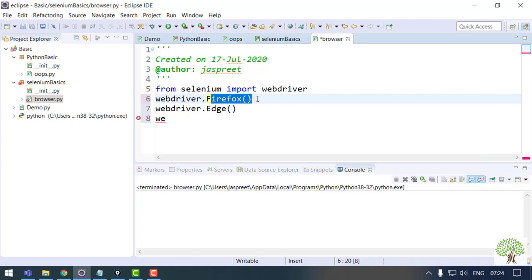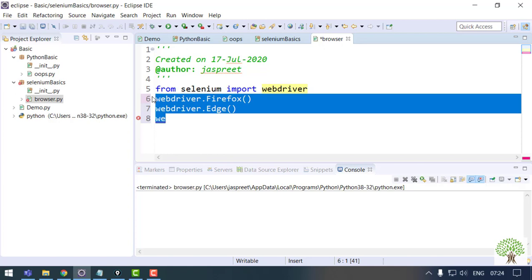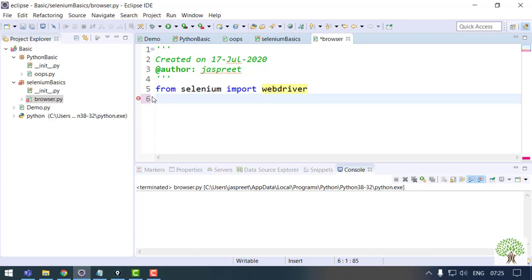In my system, I have already done those settings, so they are opening fine without giving any other parameter. But in your system, you have to get those requirements to open up, and those requirements are nothing but the exes which are going to help you to open the browser. Fine. So first of all, let's just talk about Chrome.